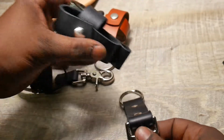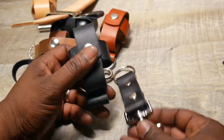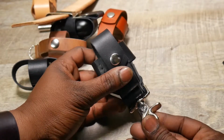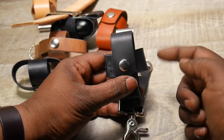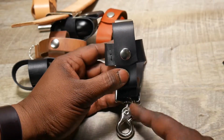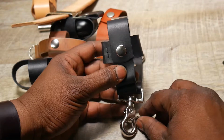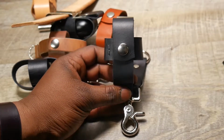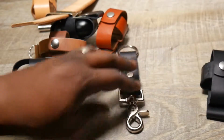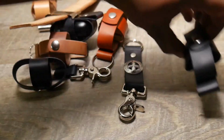you could always attach, if you didn't want like a split ring, you could always attach this right there. And so what you could end up having is this clip to your belt, and then this kind of dangling, and then you could actually use this to remove your keys on and off if you wanted to. So I mean, there's multiple like ideas I've been playing around with the hardware I have about what would